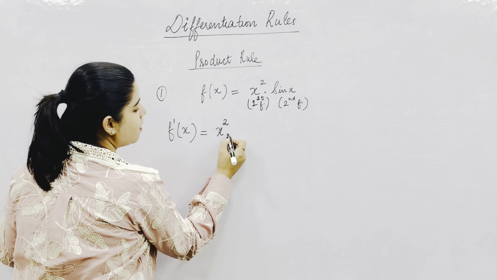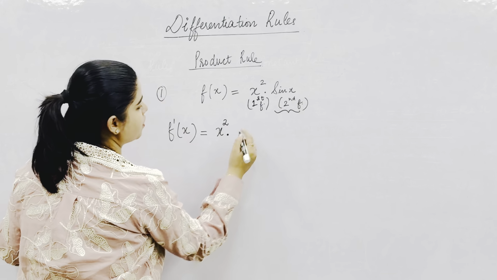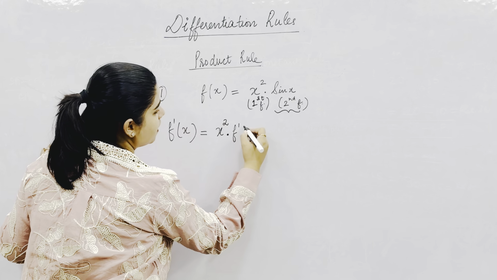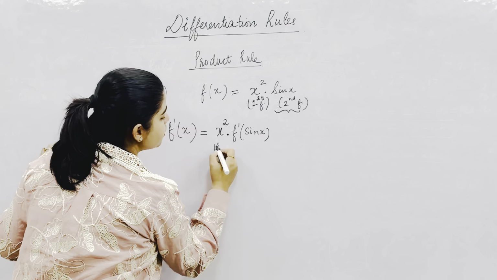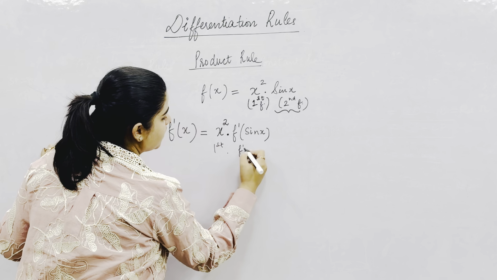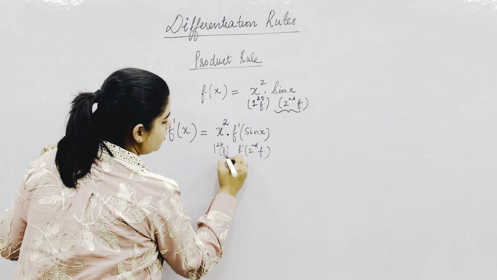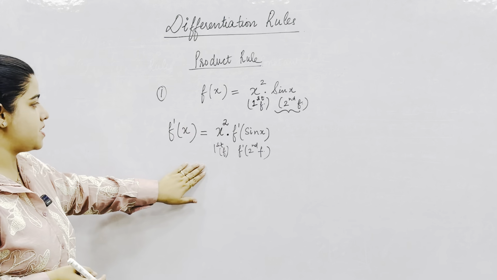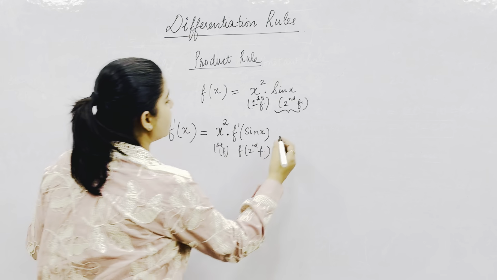Okay, and we'll multiply it with the derivative of the second function. So we'll multiply it with the derivative of sine of x. So first function multiplied by the derivative of second function. Okay, so this is the first thing that we'll be writing. First function multiplied by the derivative of second function, and we'll put